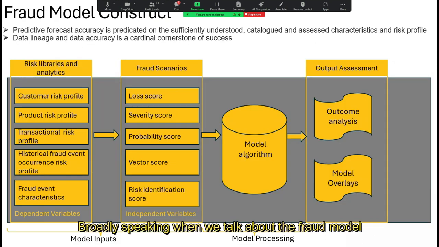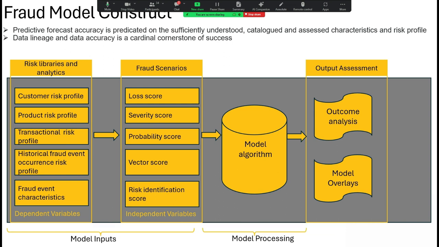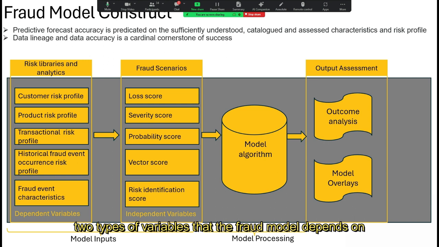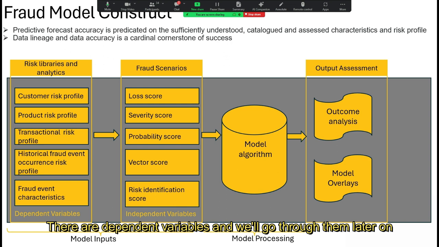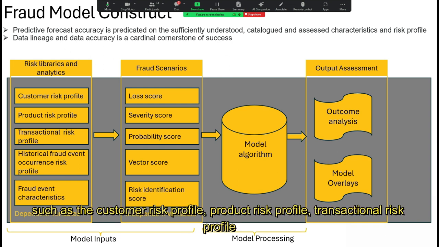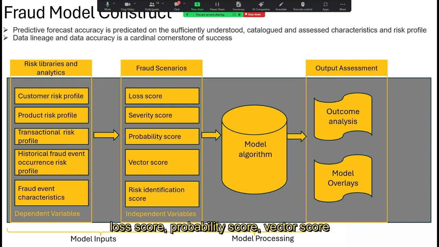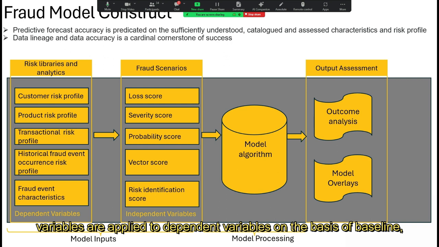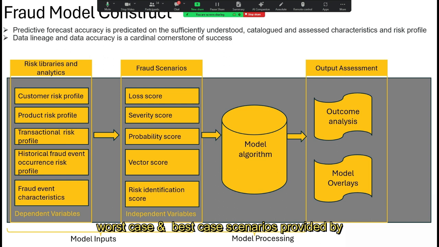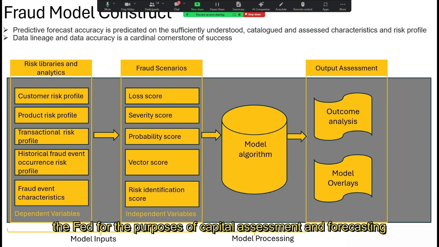Broadly speaking, when we talk about the fraud model, we really are speaking about the two types of variables that the fraud model depends on. There are dependent variables, and we'll go through them later on, such as the customer risk profile, product risk profile, transactional risk profile, and then there are independent variables such as a loss score, probability score, vector score. Conceptually speaking, the independent variables are applied to dependent variables on the basis of baseline, worst case, best case scenarios provided by the Fed for the purposes of capital